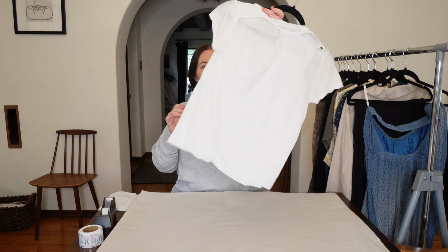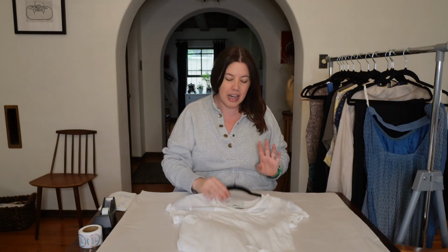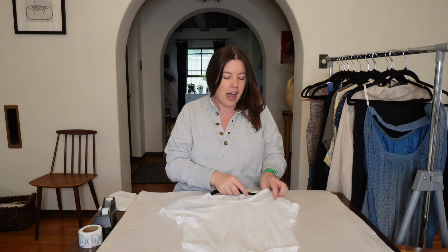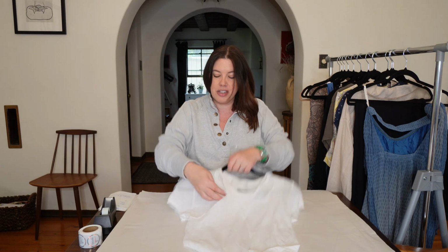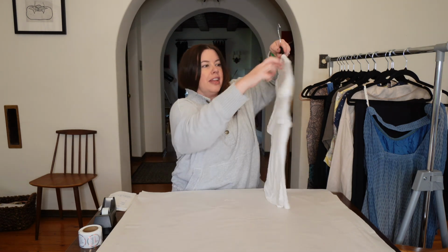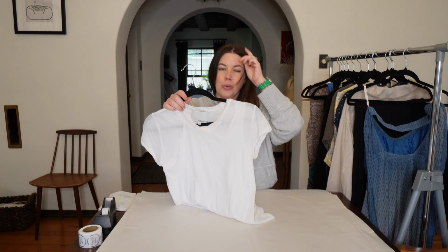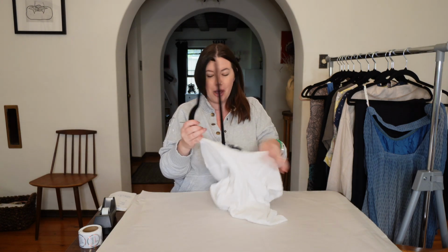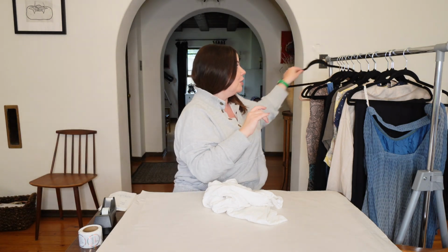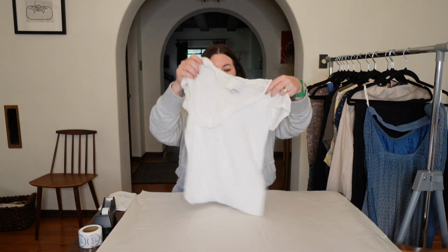So the first thing we have sold here is this cute top from 3.1 Phillip Lim. And I gotta tell you, when I first found this, it was kind of twisted, so it's like double layer. It's like 2 layers of a t-shirt, and these rips go on either side, and it was somehow inside out, but through one of these holes, not through the armhole or the bottom hole. It took me a good 10-15 minutes when I first got this to figure out how this is